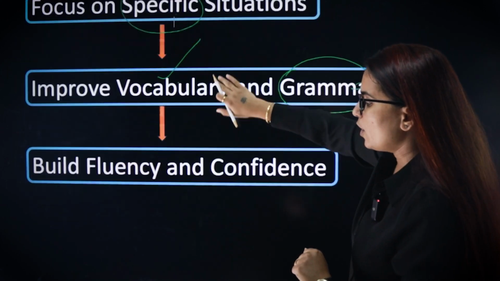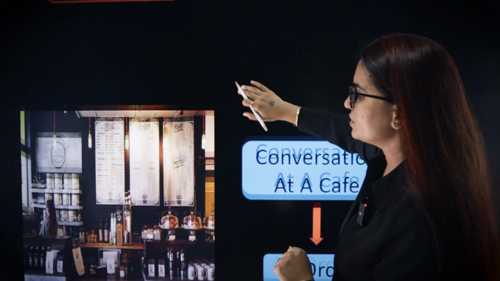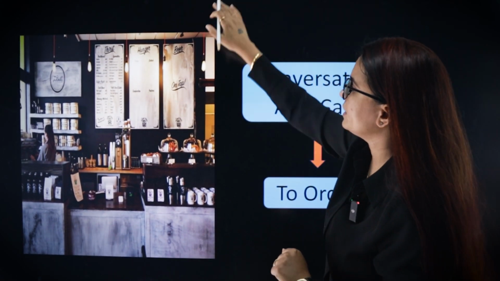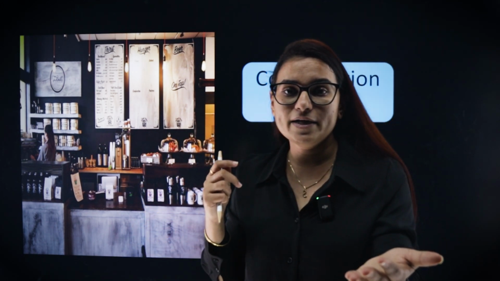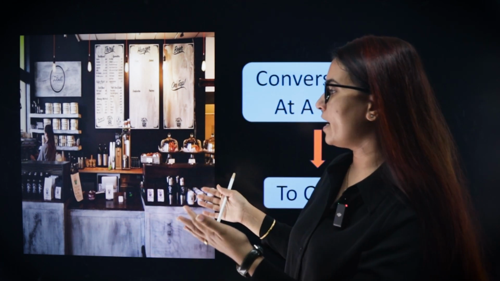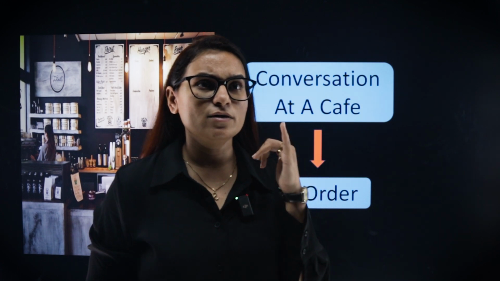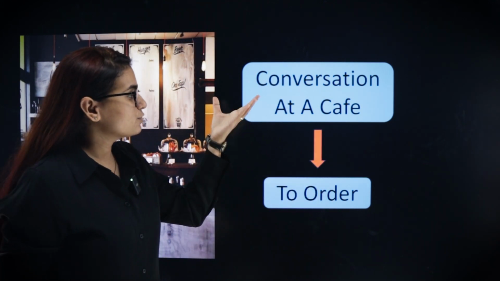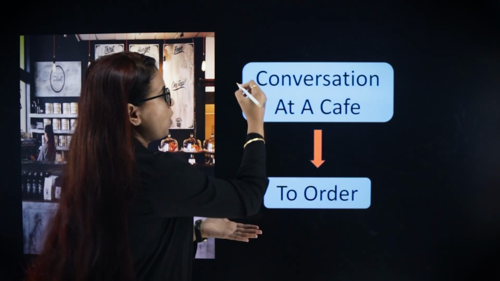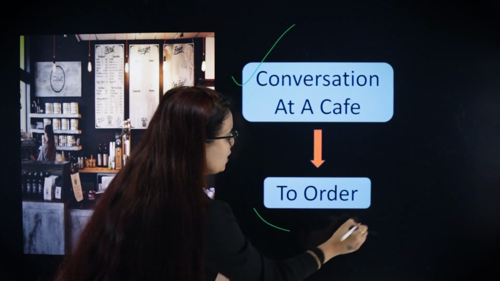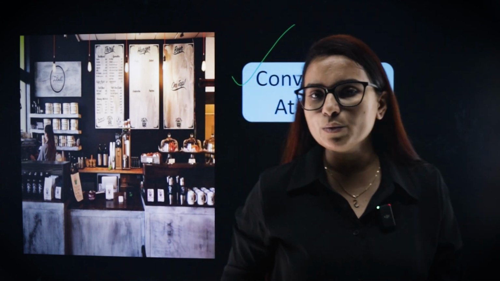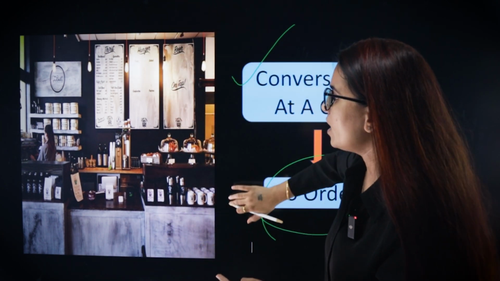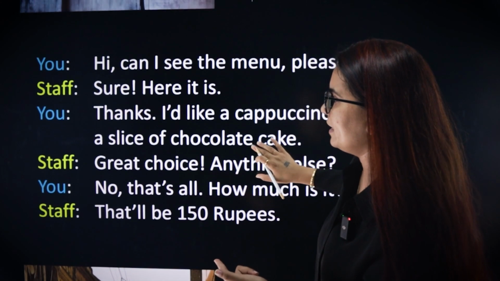Now, moving on. On your screen, we'll have a couple of examples. The first example that you can see on your screen is a cafe. It's definitely not a cafe in India, but yes, in metropolitan cities, you can actually find cafes like these now. In Bangalore, in Mumbai, in Delhi, in Gurgaon, in Gujarat, you will find cafes like that. So the first theme we have at hand is a conversation at a cafe, and we're going to order something. We're going to order a coffee or maybe some biscuits along with it. Let's see how a good conversation can be really helpful.